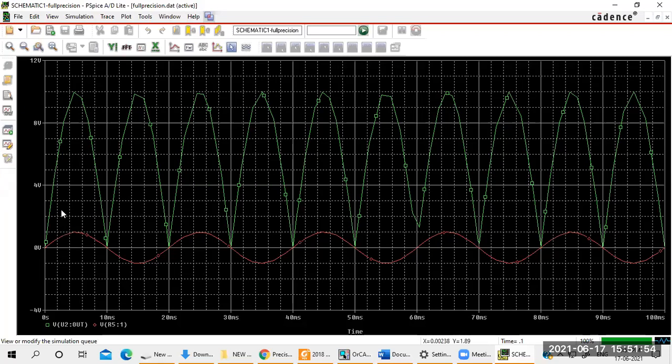This is the complete output of the precision full wave rectifier. Here there is a small signal, right? That is the red color, right? That is the input here. So the input voltage range is 1 volt here. For this input voltage, after amplification, you get nearly 10 volts. That is the full wave rectifier output. So we are going to convert 1 volt to 10 volts in the precision full wave rectifier. Understood? So this is the complete output of the precision full wave rectifier.